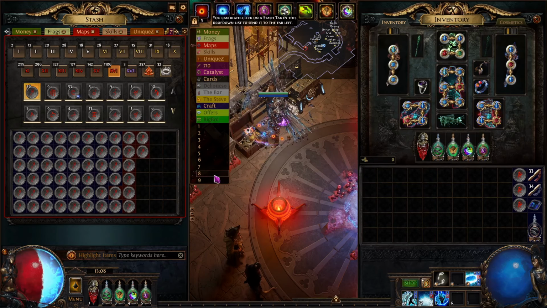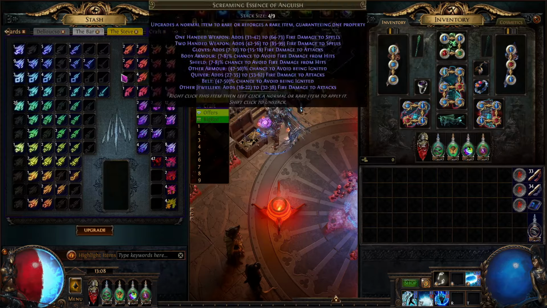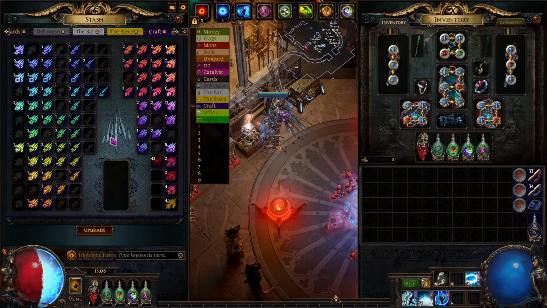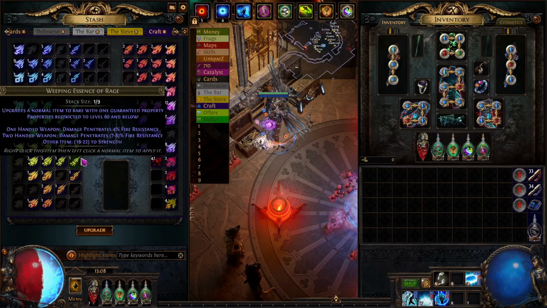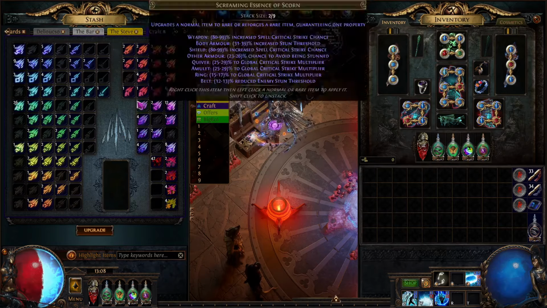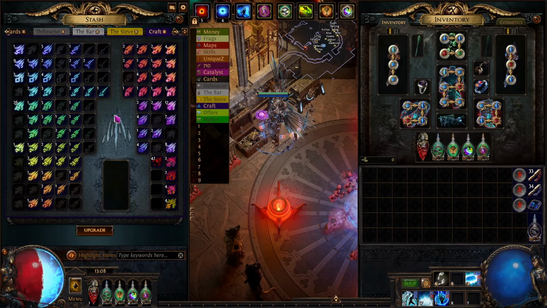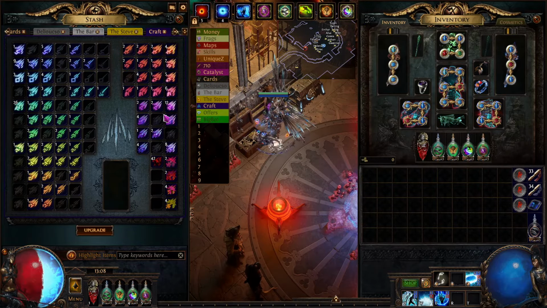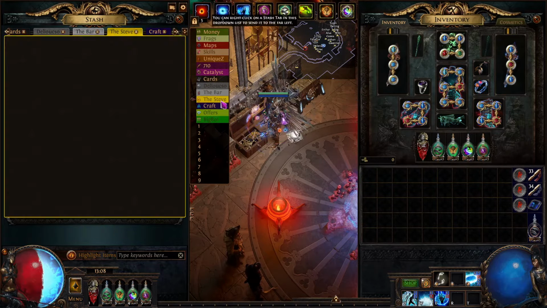If you are playing solo self-found, I would most certainly get the Essence tab, because you're going to be crafting a lot yourself. You're not going to be trading, so you're not going to care too much about having a stash tab that lets you trade through the stash tab, which we'll get to in just a second. So I would go the Essence, and then I would take the